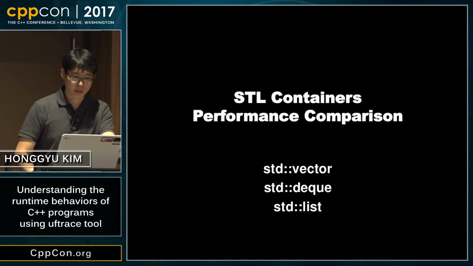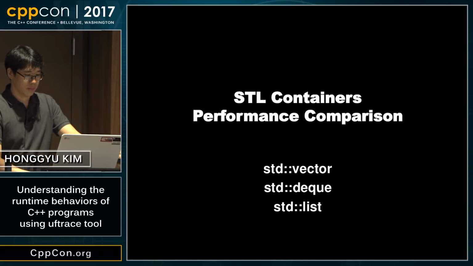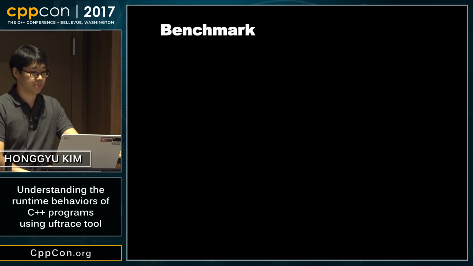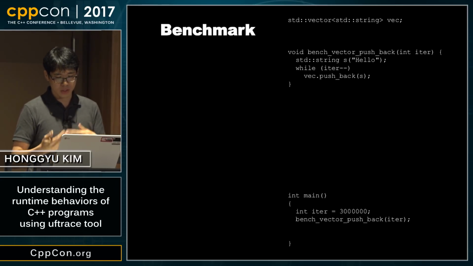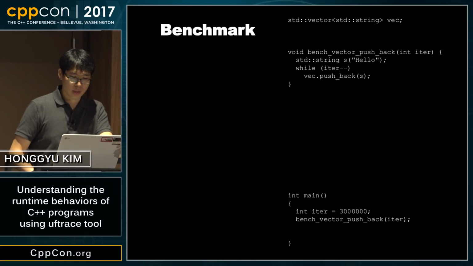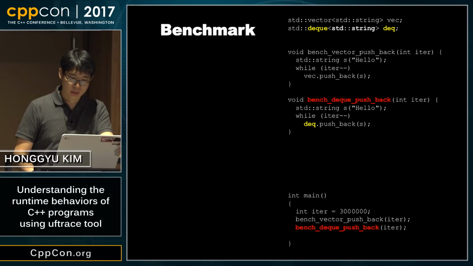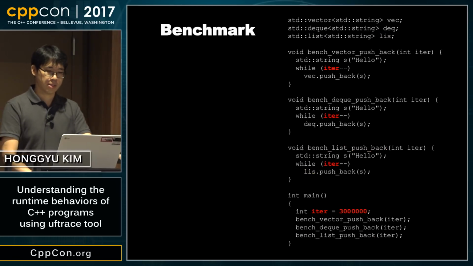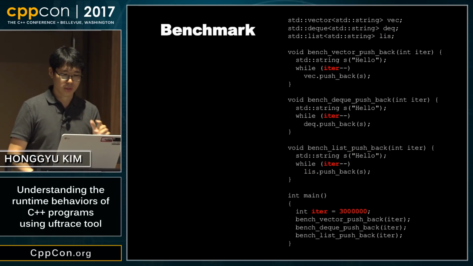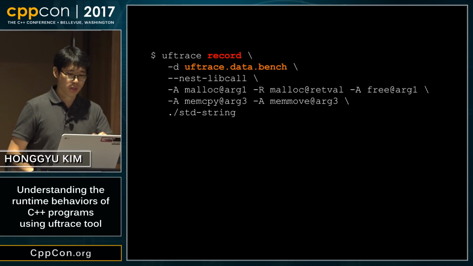So the next example is an STL container performance comparison between vector, deque, and list. There's a benchmark like that. We can push a lot of iterations, and the type is std::string. We push to the vector, and we push to the deque as well. And then at last, we push to the list. So there's an iteration counter. If you record it using these arguments,